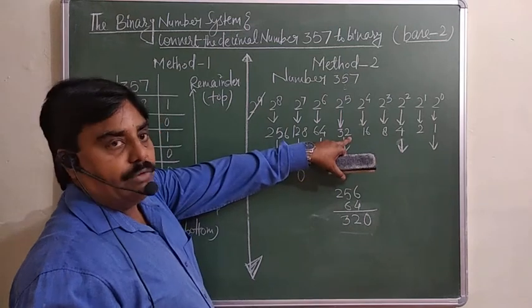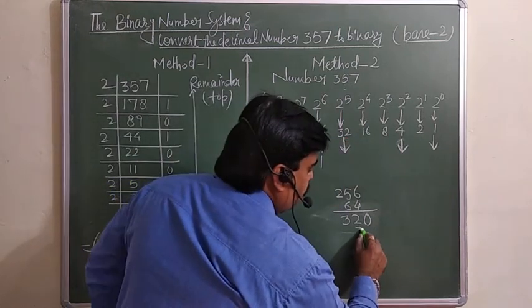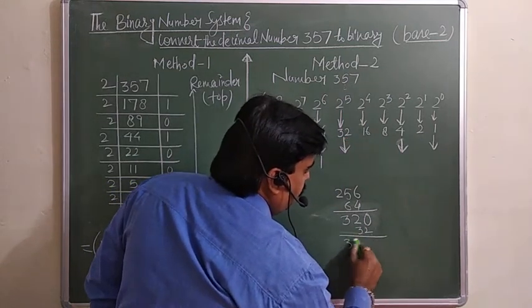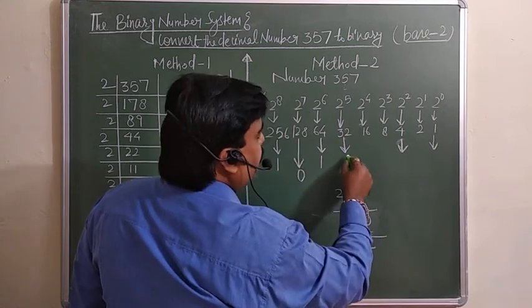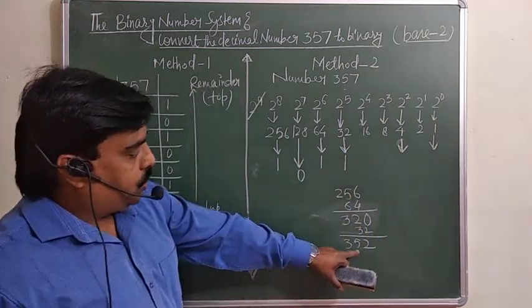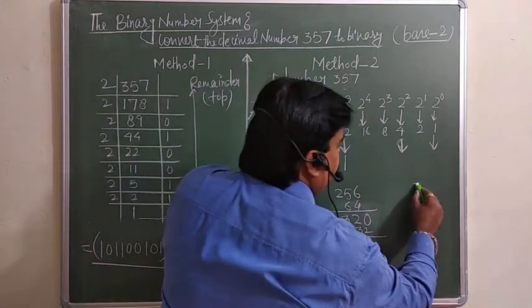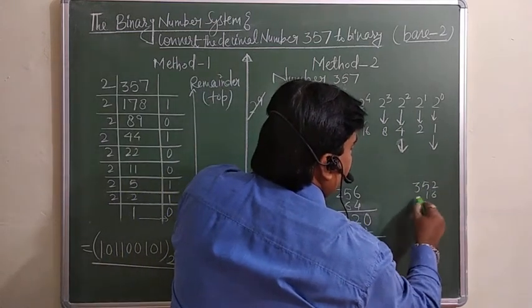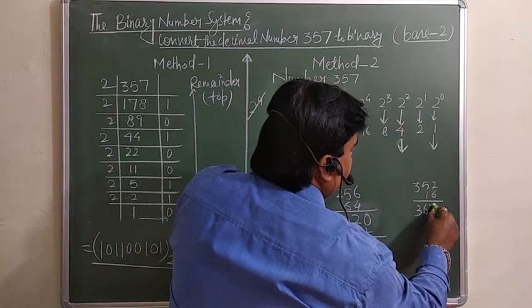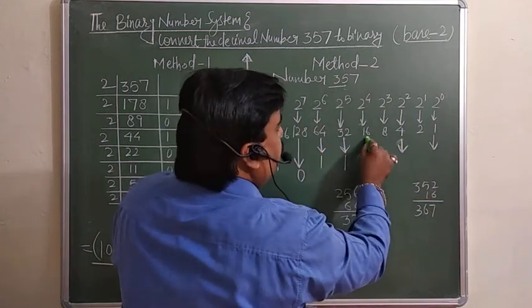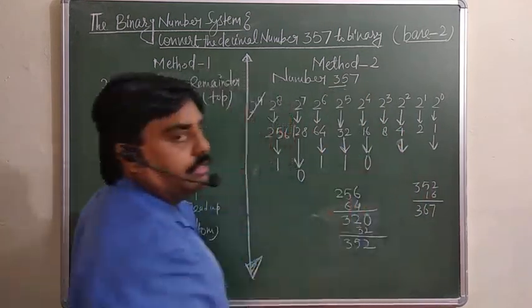Now you must try to add this 32. So in 32 you must add. So that is 352. So this number can be added. So you have to give this one. Now 16 you are going to add in this one. If you are going to add the 16 to 352, what will come? It will come 367, which is more than this one. It means this number cannot be added. So you have to give the 0.